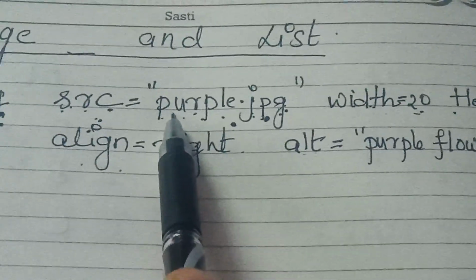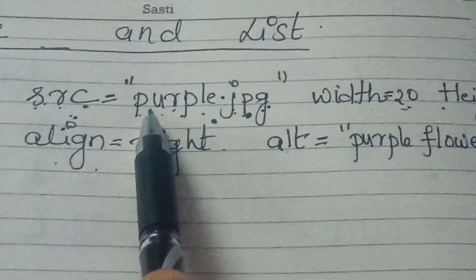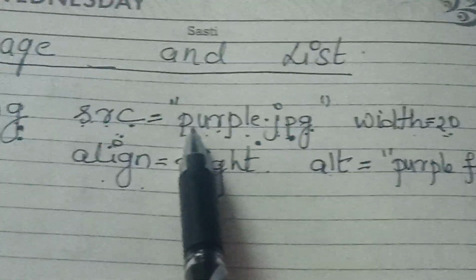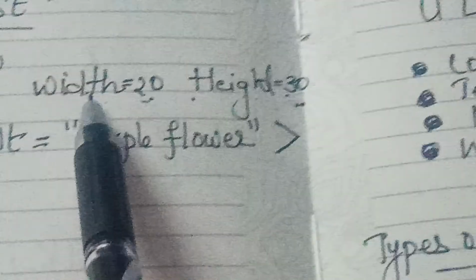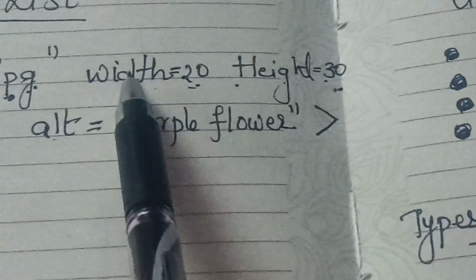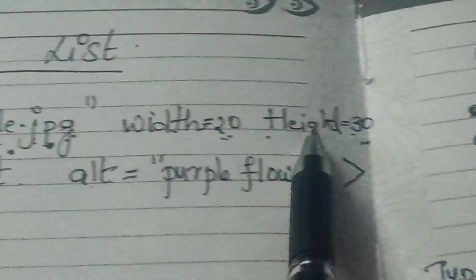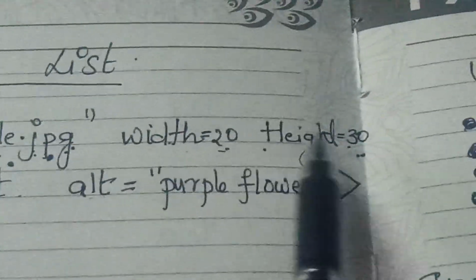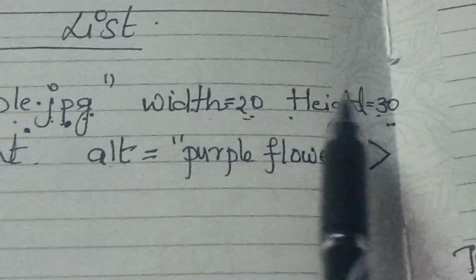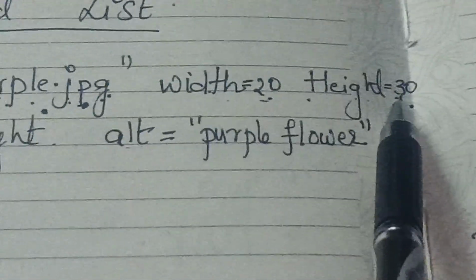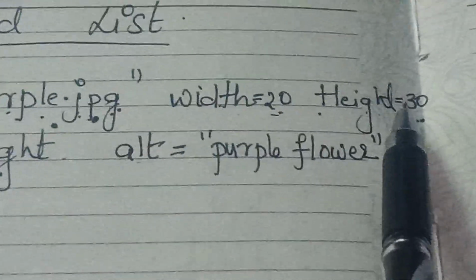Now when we have to upload a file, we may also want to decide the dimension of the image. It means I may also like to decide what is the height and the width of the image that I am going to display on the web page. That can be done with the help of width and height. Here I have written width 20 and height 30. You can write your own number and see how your image is going to expand, or it is smaller in size.